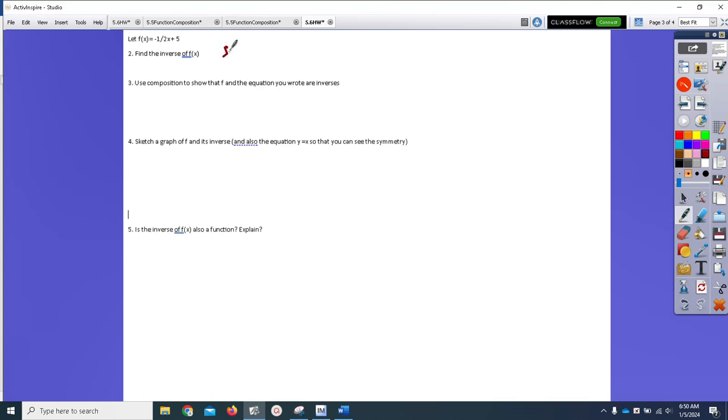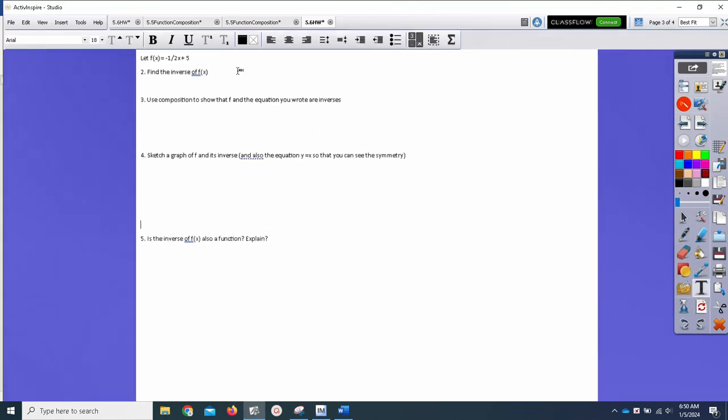All we're going to do is swap x and y, and then resolve. You know what? This just isn't working. I'll type that. I'm going to swap x and y and resolve for y. So here's my equation that f of x is going to become an x, and then